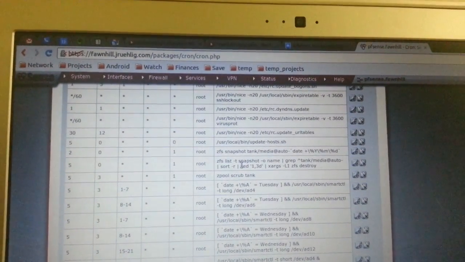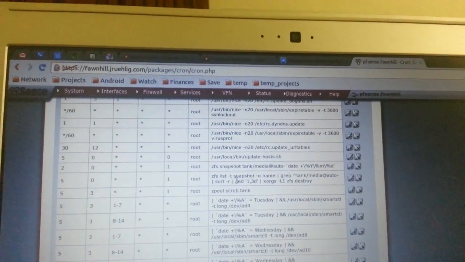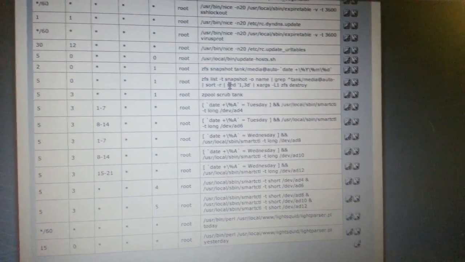Normally it goes older to newer. So it'll list newer to older, right? So the newest ones will be on top, and the older ones will be on bottom. And then I pipe that to sed